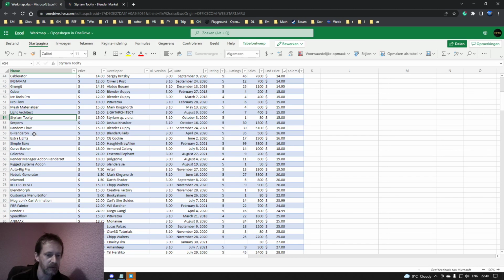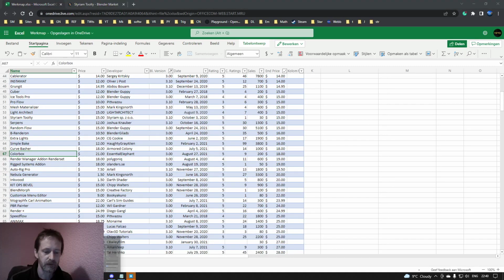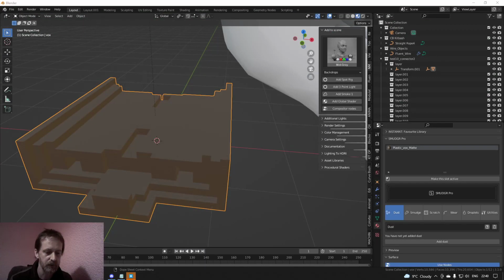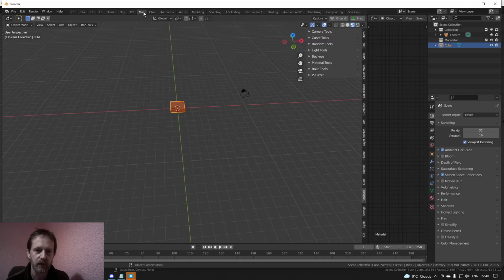Then what I also like is curve brusher, like Cable Rater. A ColorBox, yeah, there was an add-on, and now I forgot which one that was, to organize some colors. I like it a lot. I think I have it here. So let me go to math. I think